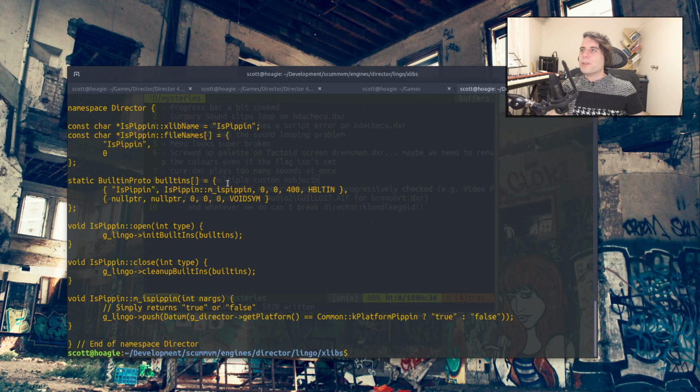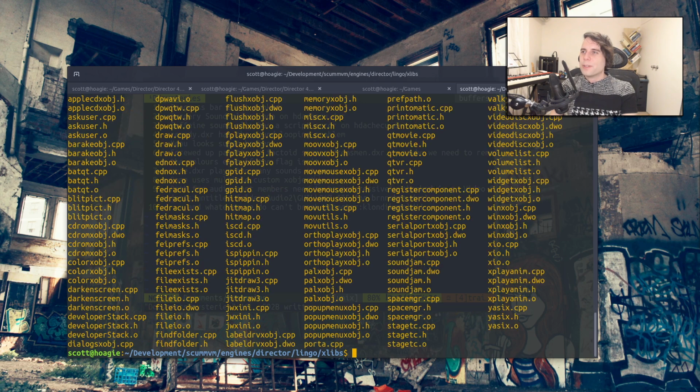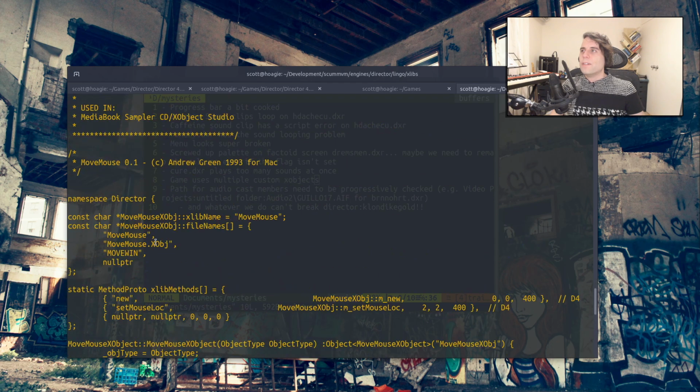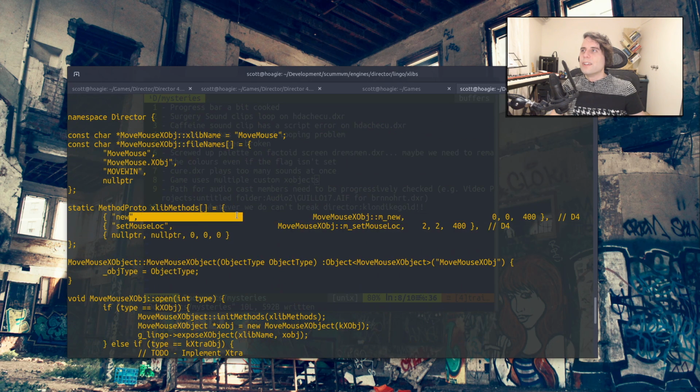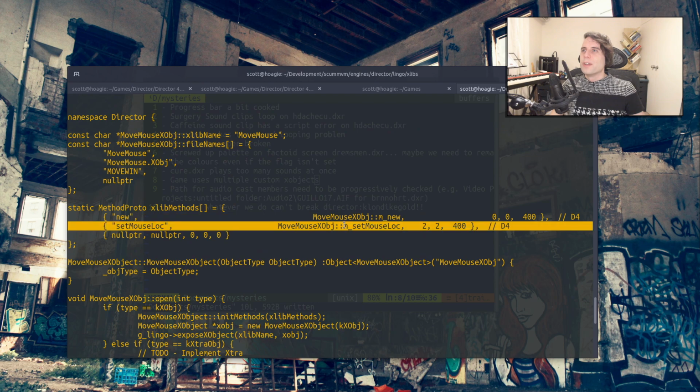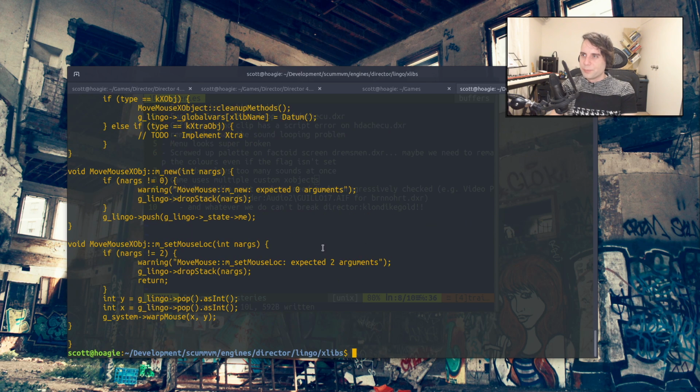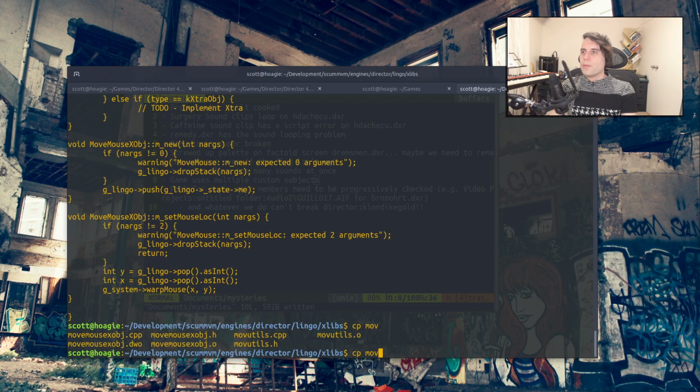Is pippin literally? Oh no, okay. So pippin is an example of a built-in, which isn't what we want. We want an object one, but it just does one thing. Move mouse. I think that's one that comes with Jungle Park, and it does. Yes, this is it. This does literally one thing, which is set the position of the mouse. So I'll copy move mouse xobject.cpp to